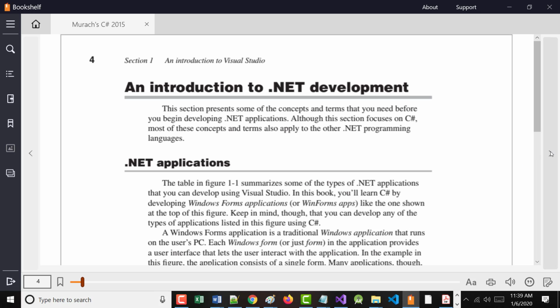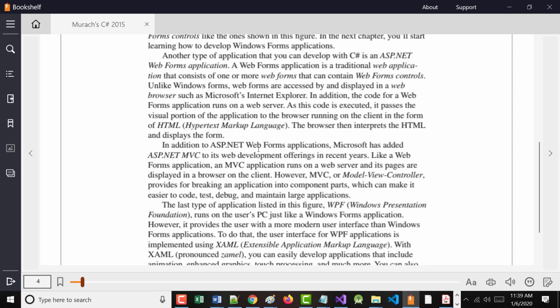So let's just take a look at what's in here. The thing about these books, just so you know, is that on almost every page, what they show you on the left-hand side is text, and on the right-hand side, they explain that text or show you a picture of that text in action. In fact, Murach calls them paired pages. So they talk about .NET applications,